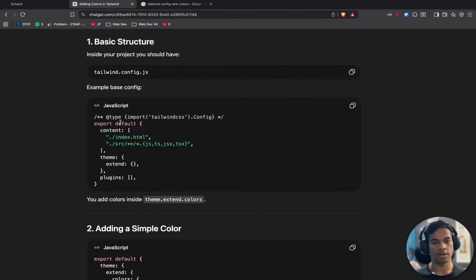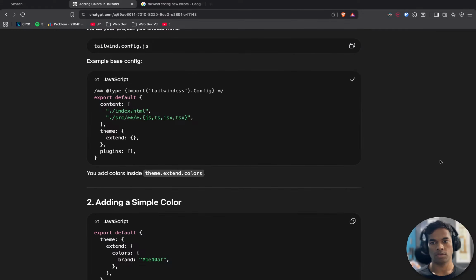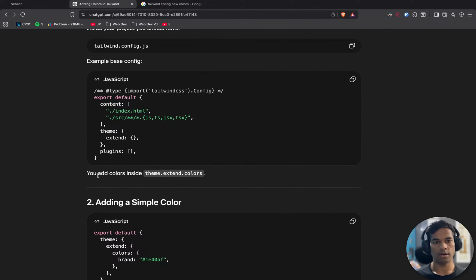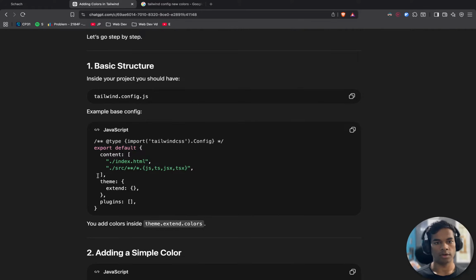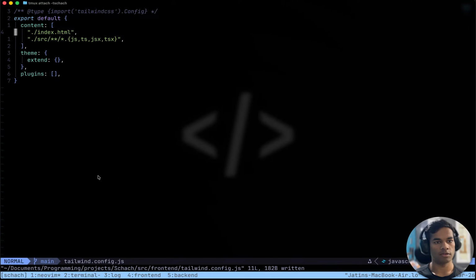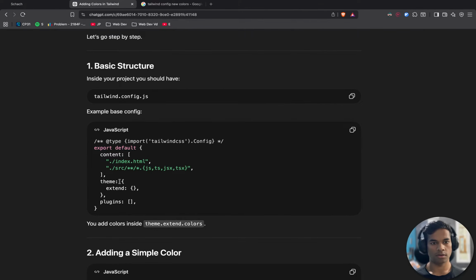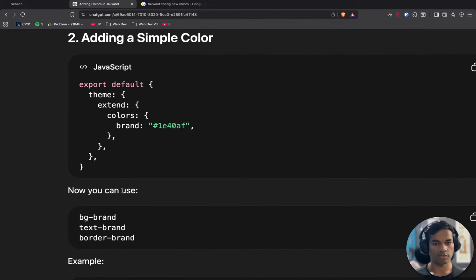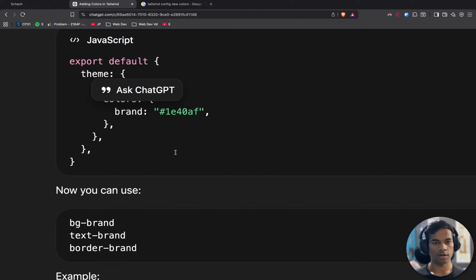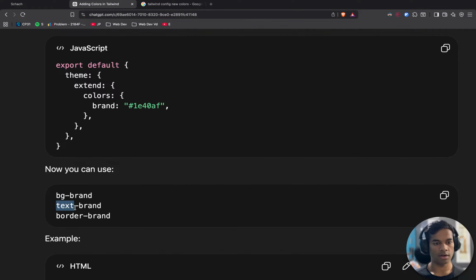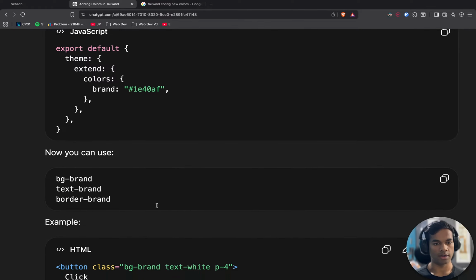Base structure is this. We do not have a Tailwind config, so we will have to create one. Tailwind.config.js. Paste all of this. Source content index.html. Okay, theme extend is an object which takes in colors. We give it a new color, brand, and now we can use bg brand, text brand, border brand.